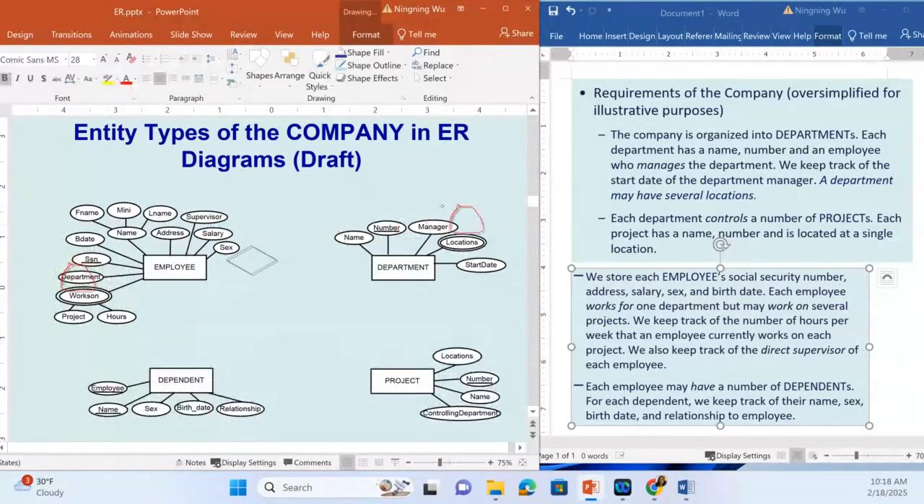So manager is another attribute that we can refine into a relationship. Then what else? So for example, for the dependent, we do record the employee of each dependent. So this employee attribute also indicates